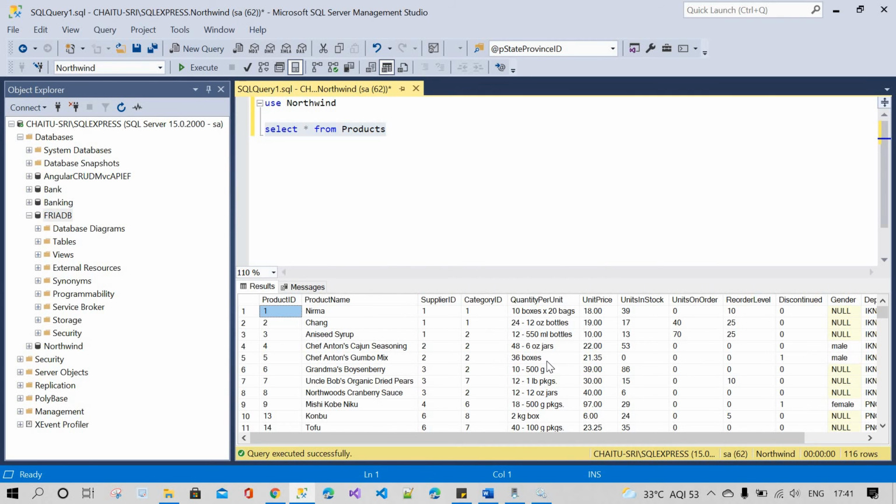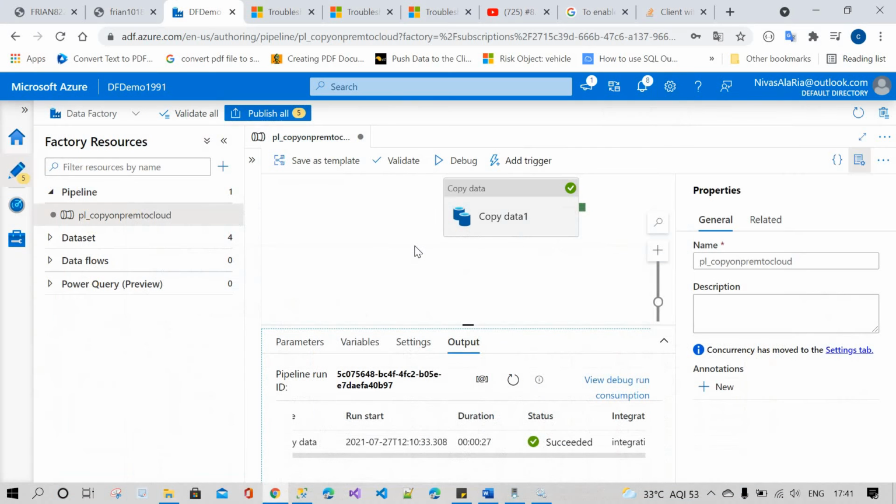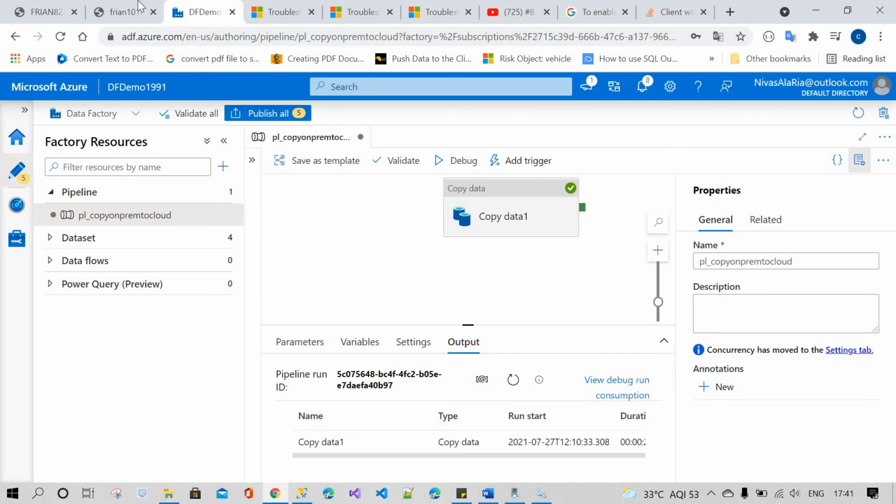I want to copy all the items in the products table into the Azure SQL database. Yeah, you can see rows read is 116. The data is copied successfully.